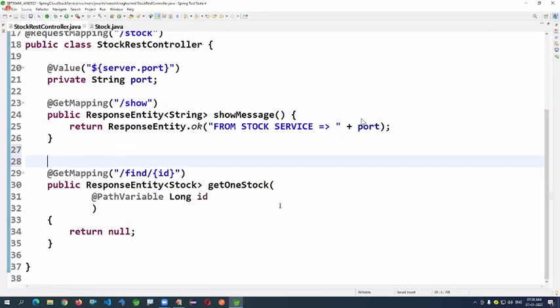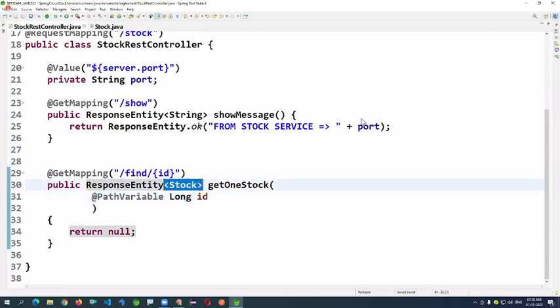But this time, the parameter is a path variable, and the return type is actually a JSON complex type.